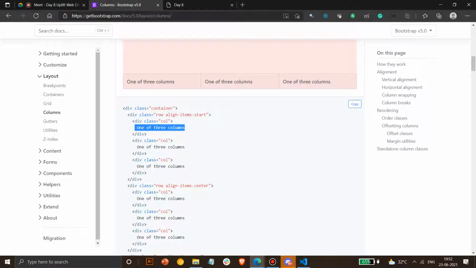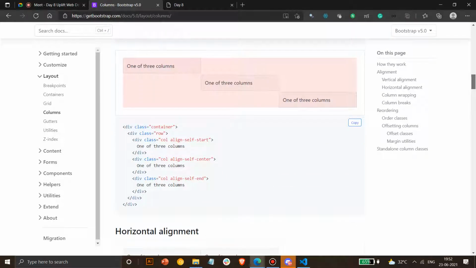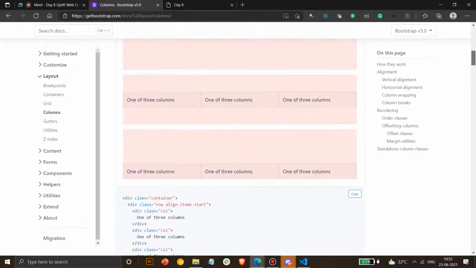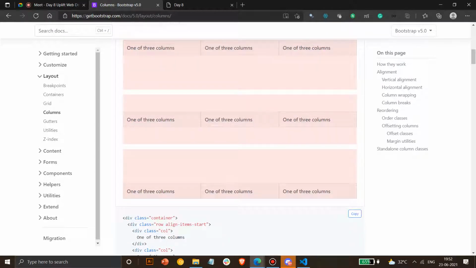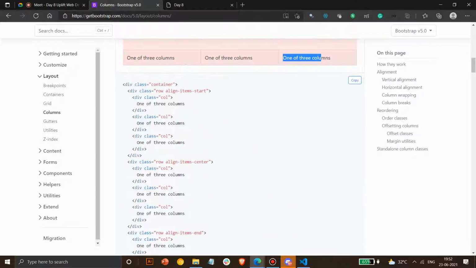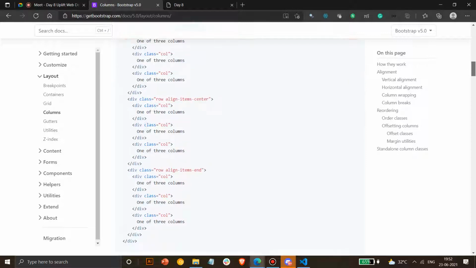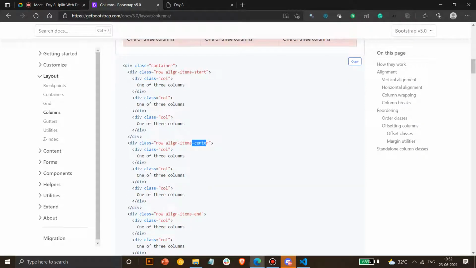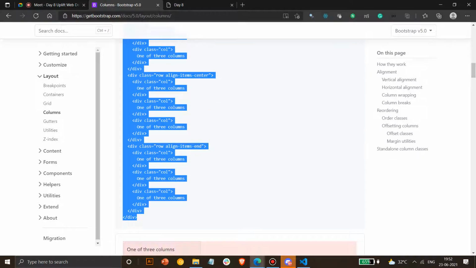Okay, and this is a basic one. You can see, yes, you can align them in different directions. So you can see this one is at the top, then it's in the middle, then it's at the bottom. Okay, you can do this by aligning items from start, aligning items to the left, aligning items to the middle. So it will start from the middle, it will start from the end. Okay, these are basic classes which are by Bootstrap. You can check them out. If you want, I'll show the demo also. Wait a second.